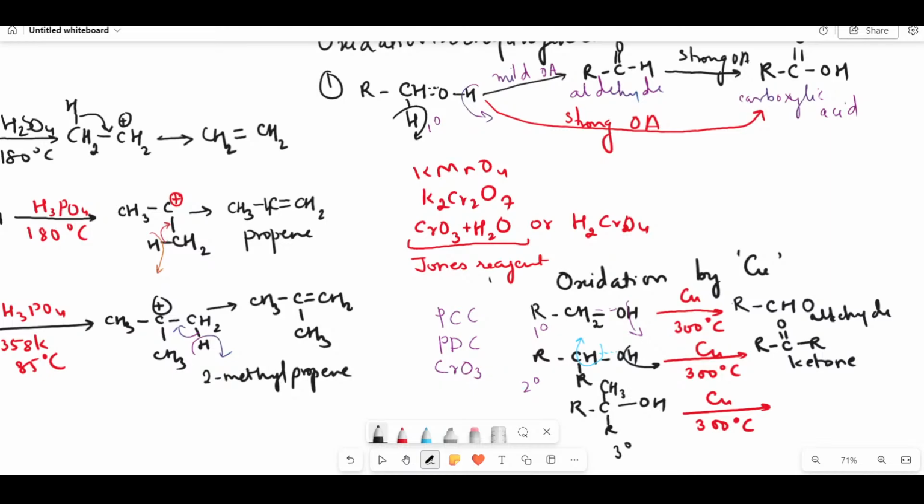Now, this is a tertiary alcohol. This also is R, this is R, this is R. I haven't written it as CH3, it is the same thing. So, at this time,